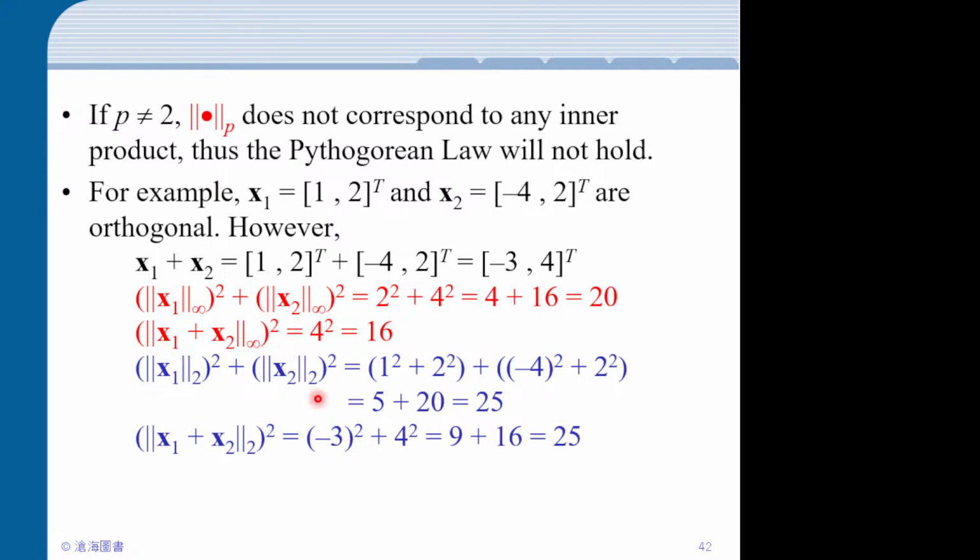Yeah, and you see that the 2-norm satisfies the Pythagorean rule, as we say. So x1 norm squared is 1 squared plus 2 squared, and x2 norm squared is minus 4 squared plus 2 squared. So it's 5 plus 20 equals 25, and x1 plus x2 norm squared is also 25. Okay, so only the 2-norm satisfies the Pythagorean rule. For example, the infinity norm doesn't satisfy the Pythagorean rule, and then you also don't have Cauchy-Schwarz, etc. So you cannot define